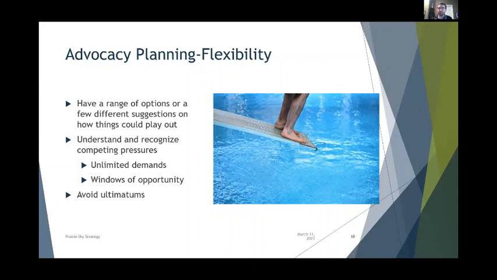What does the new normal look like? Jobs of the future, e-commerce, all these big themes. So keep that in mind when you're speaking to government: what's on their table, what's on their plate. And so be flexible. Don't be married to this is the idea, this is the only way. Really keep that in mind when you're planning. As you're finalizing your plans, I encourage you to build that flexibility in, so there's a range of options and you're not painting anyone into a corner with either-or decisions. There are a few different ways it can play out.